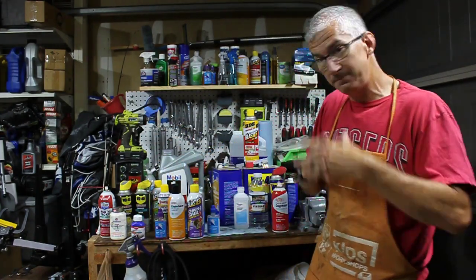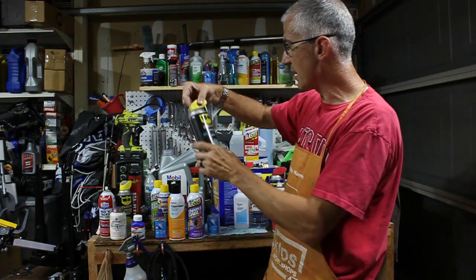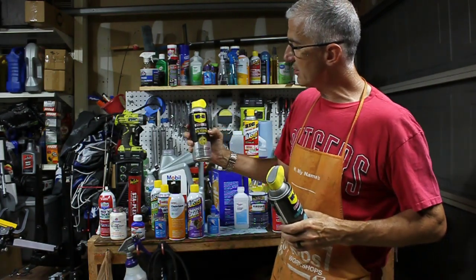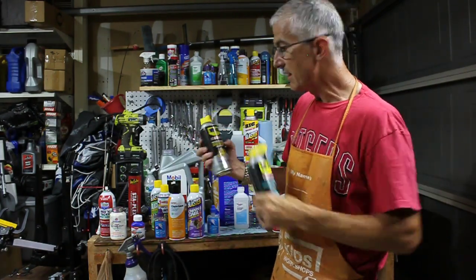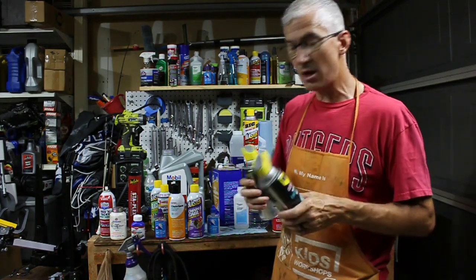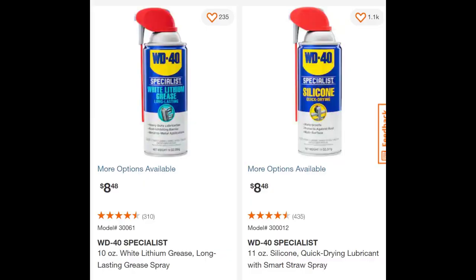All right, so now let's talk about something else. We're going to talk about greases and other lubricants. So here we have this water resistant silicone lubricant. You see it's made by WD-40. Obviously they branched out into several other things than just simply making the WD-40 we always know. So here's this specialist protective white lithium grease. This is a grease, but because it's a spray, I usually use this when I'm going in, for example,